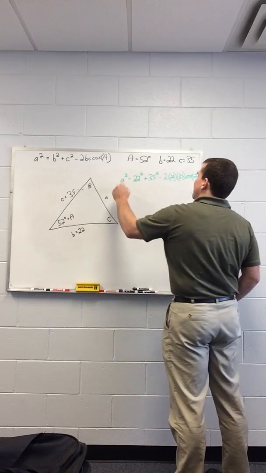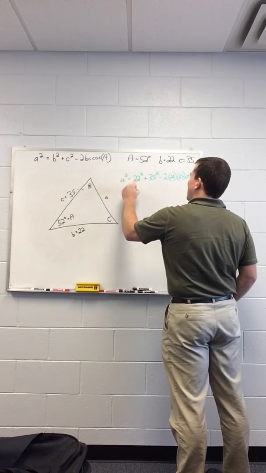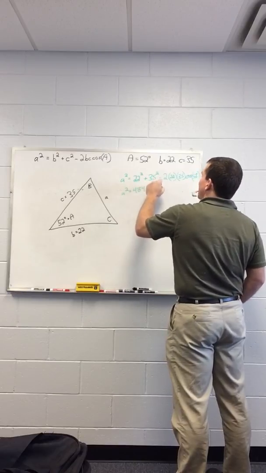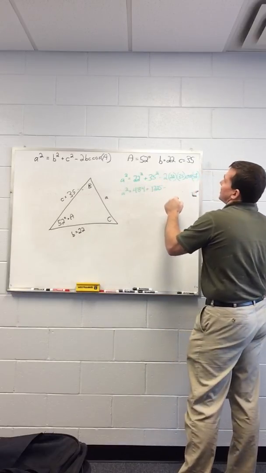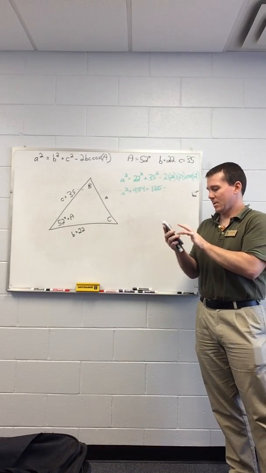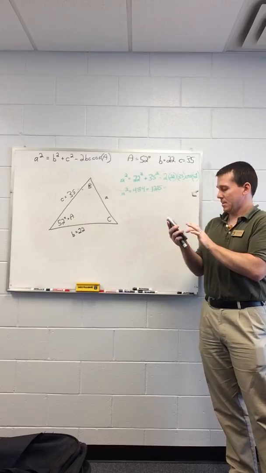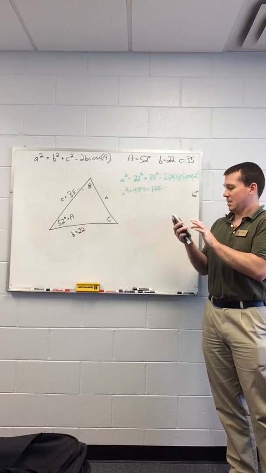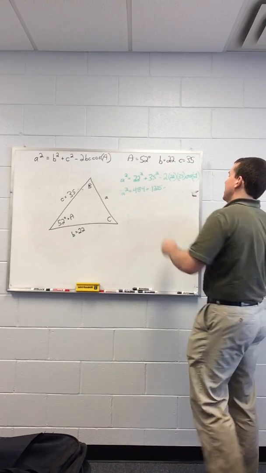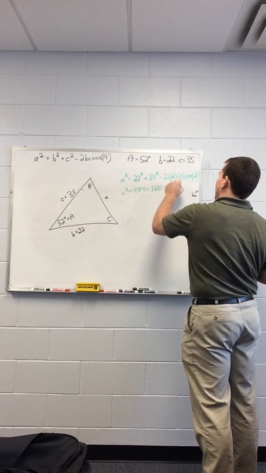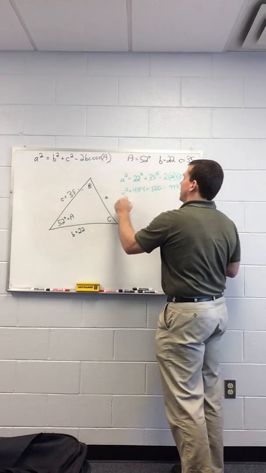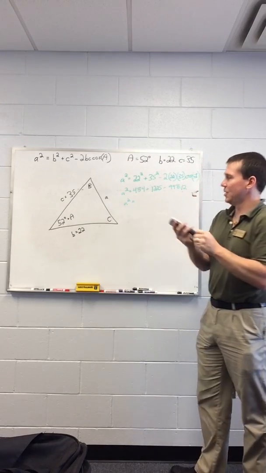All of you can do that. 22 squared is 484. 35 squared is 1,225. That's just some big number. Let's see what we get. The product term is 948.12. So then A squared is equal to